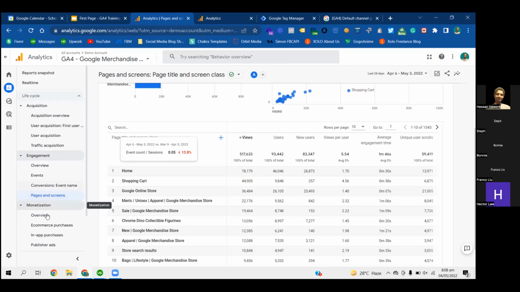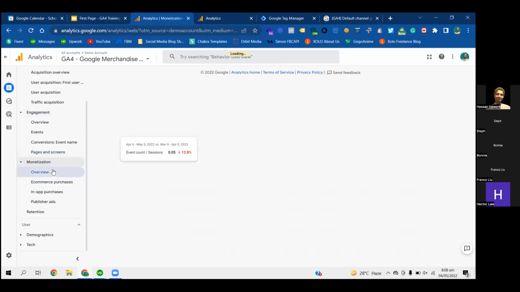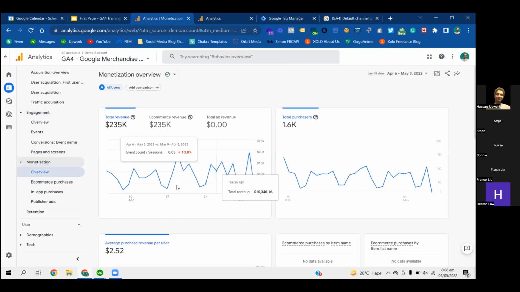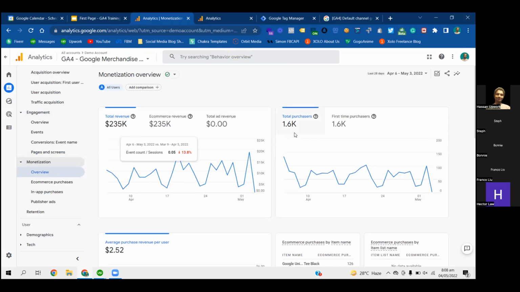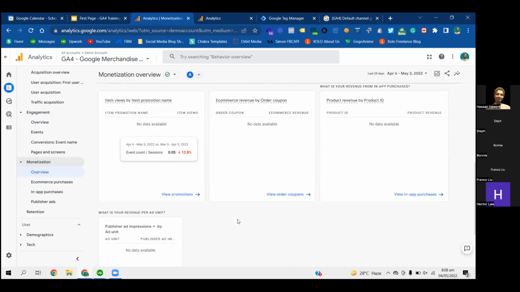The next tab is monetization. Monetization is where you are going to see your e-commerce events, such as the purchase event that is firing on the website. Similarly, if you switch to the overview tab, you will see a basic summary of all the events. It has recorded 1.6K conversions, average conversions, which item names are being purchased the most, and all the other information